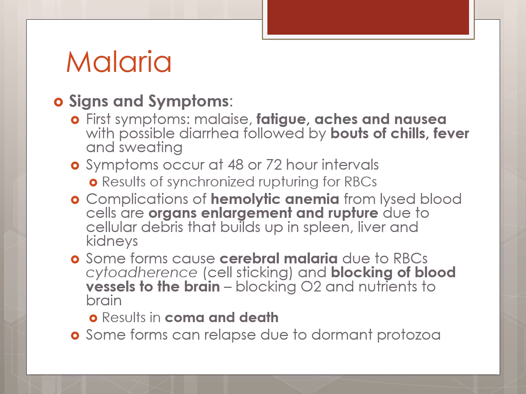So as I said, the protozoan is going to lodge itself into our red blood cells once it's in our system, where it then reproduces, and almost as if all of the protozoans in our body, if you're infected, time it perfectly, they all erupt out of the red blood cells all at once, causing this massive immune response, which is going to destroy those red blood cells. So what we see with some symptoms is usually malaise, fatigue, aches, nausea, chills, fever, sweating. And this is just going to kind of keep cycling. So those protozoans are going to escape those red blood cells and then go into more red blood cells, reproduce,